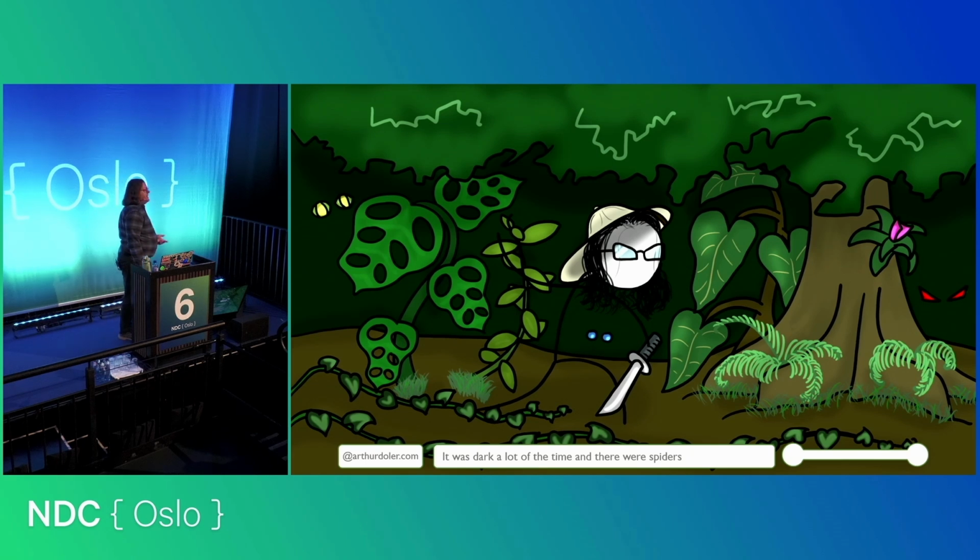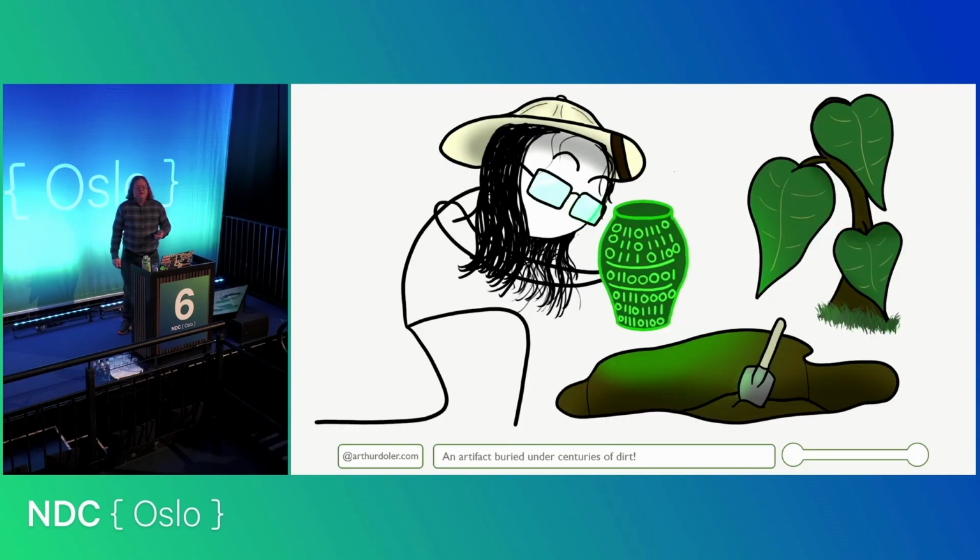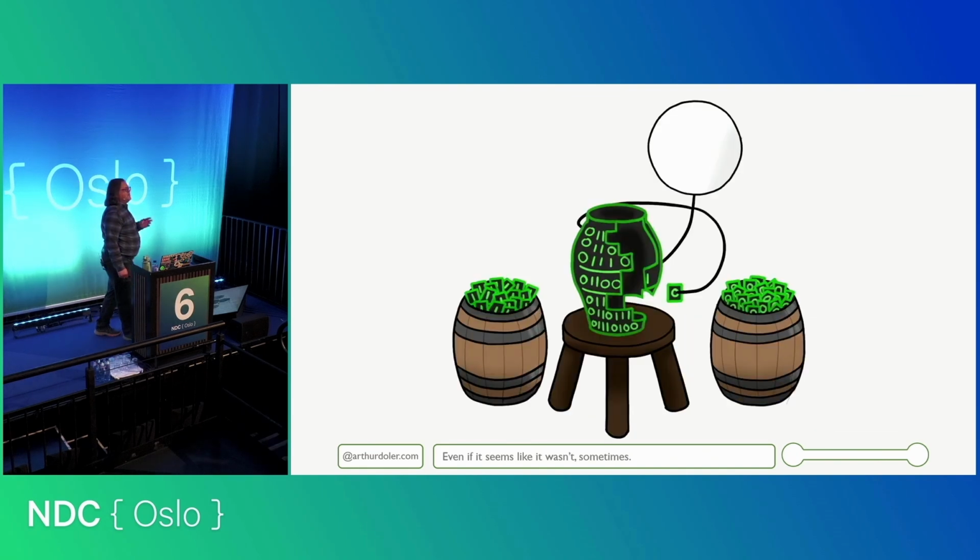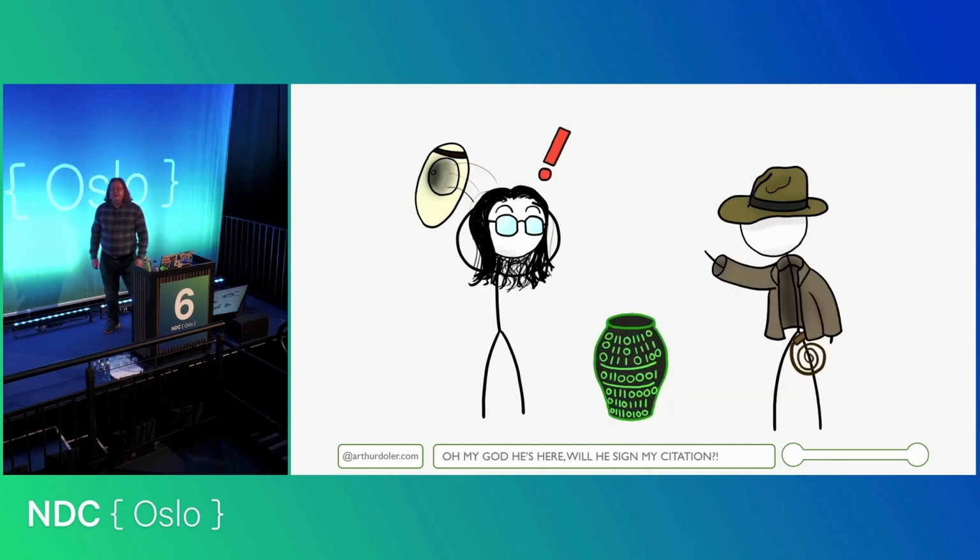And I realized throughout the course of this that code is an artifact. It was created by other humans. Even if it was with AI assistance, it was created by other humans for an explicit purpose and to achieve a goal. Now, there's a word for that process of discovering those artifacts. It's called archaeology.